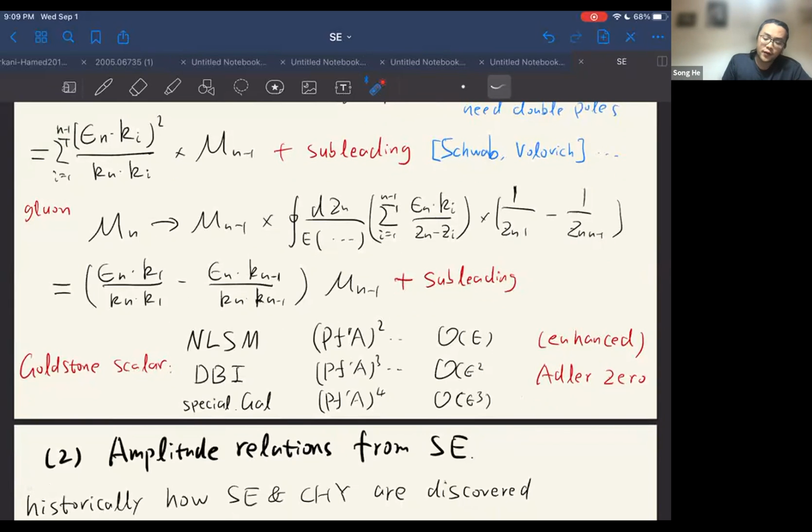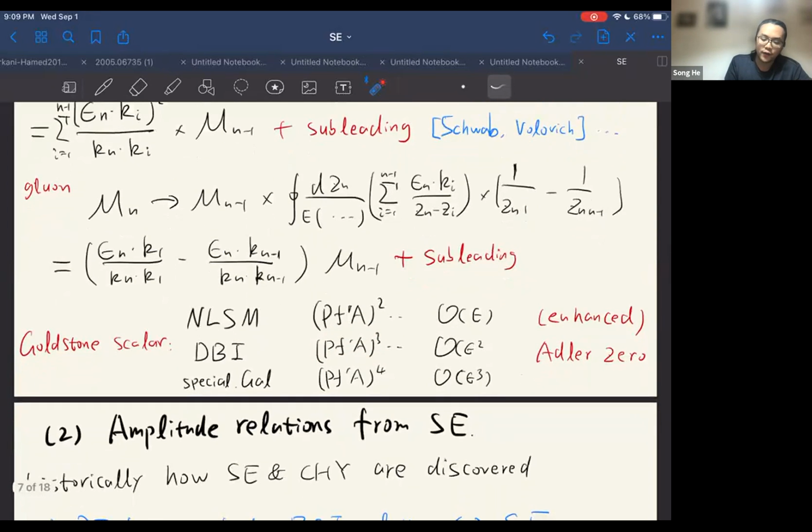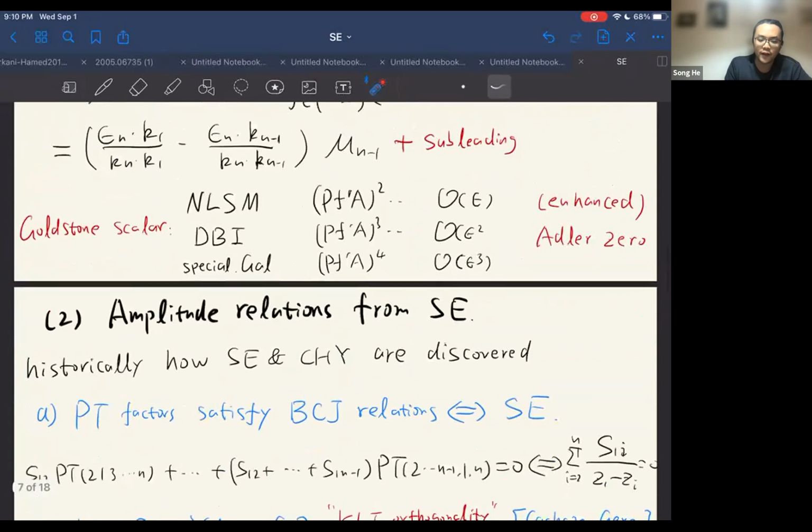And then for the Goldstone scalars, because you have different powers of this vanishing factor that I mentioned, for theories like the nonlinear sigma model, DBI, or this very special theory of Galileons, you have higher and higher order Adler 0. So this is called enhanced Adler 0 for these special effective field theories. Okay, so these are the soft behaviors of